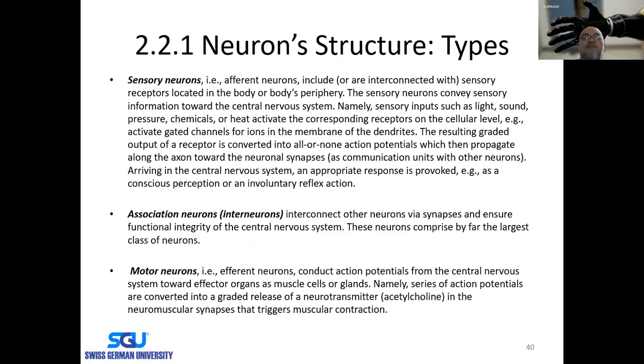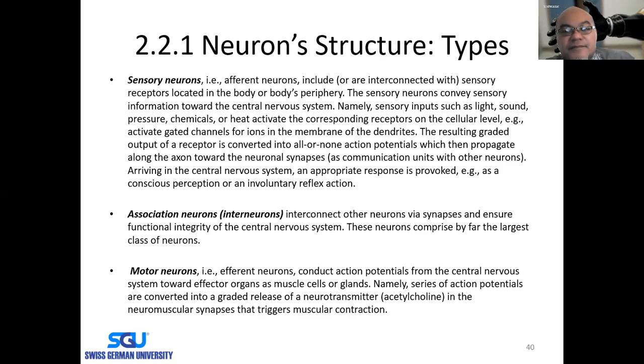So there are three types of neurons: sensory neurons, association neurons or interneurons, and the motor neurons. The sensory neurons, or afferent neurons, are interconnected with the sensory receptors located in the body's periphery, in the skin, in the ears, in the nose, in the tongue, etc. So the sensory neurons will convey the sensory information toward the central nervous system, our brain, and also the nervous